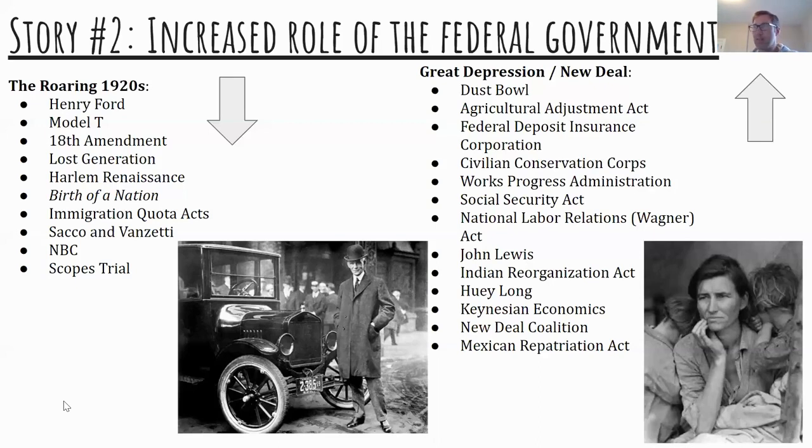Now, there are other things happening with the Great Depression and the New Deal. The key here is to understand what the Great Depression is, what caused it, how the government is responding to it, and how it's affecting people economically, politically, and socially. And so I have here, if you'll notice, a ton of different terms on all of these slides. That's because there's an enormous amount of Quizlet terms for period 7.